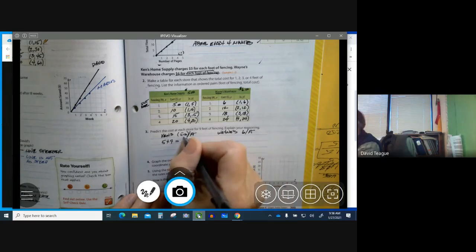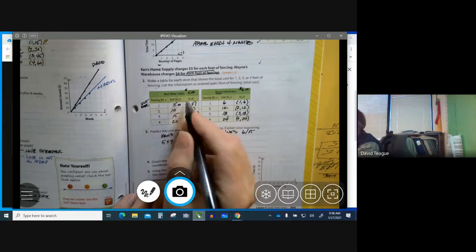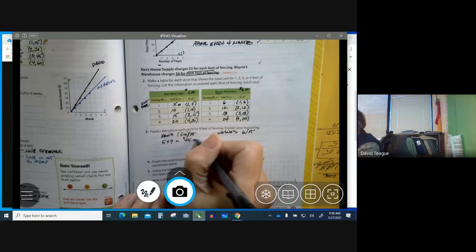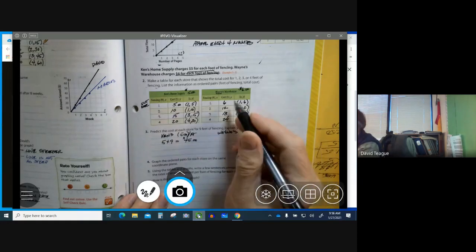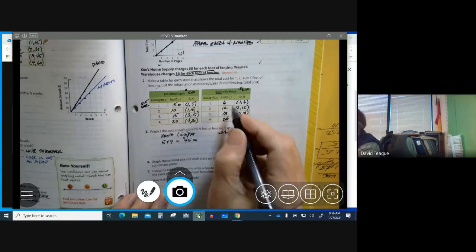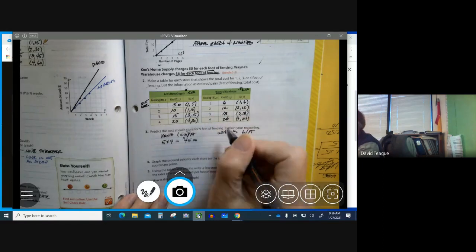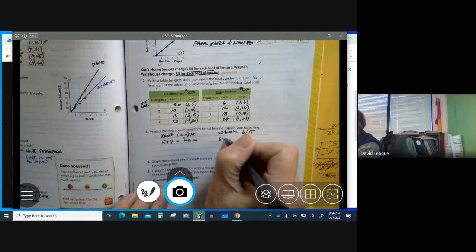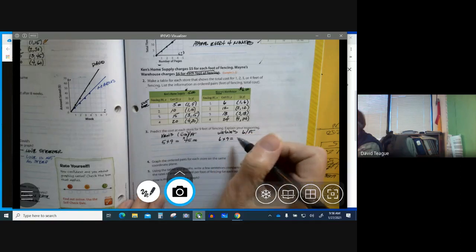Okay, so the cost for 9 feet of fencing at Ken's is going to be $45. Let's do the same thing for Wayne's. So we know that his rate per foot for fencing is $6. So 6 times 9 equals,